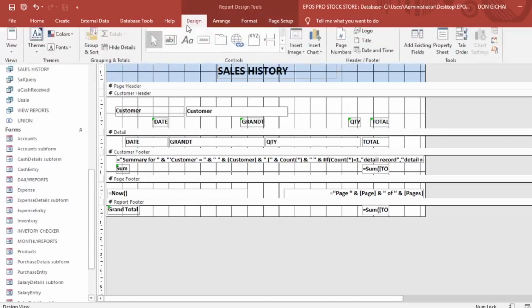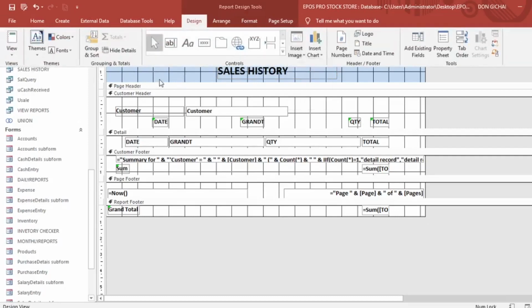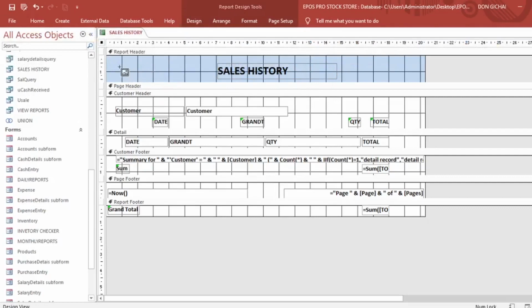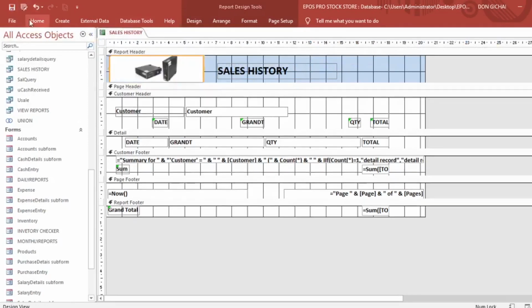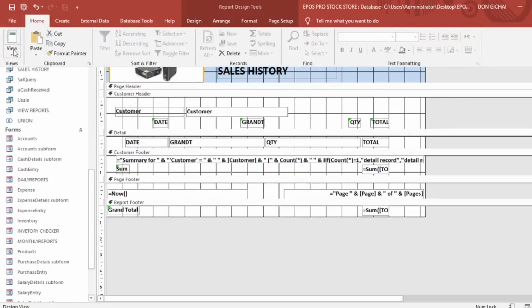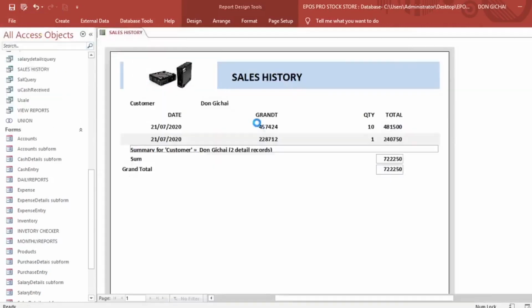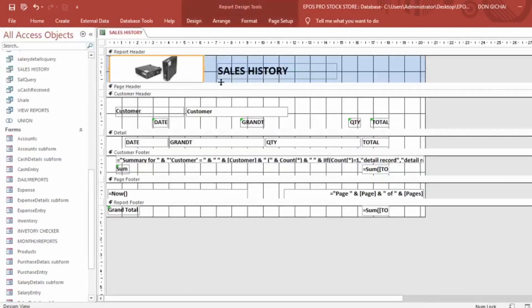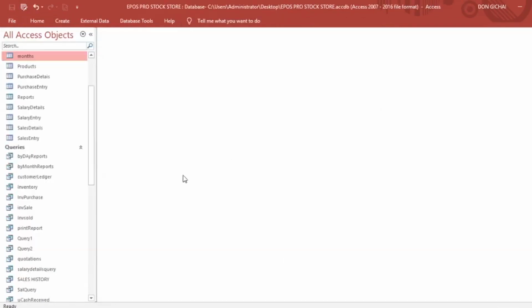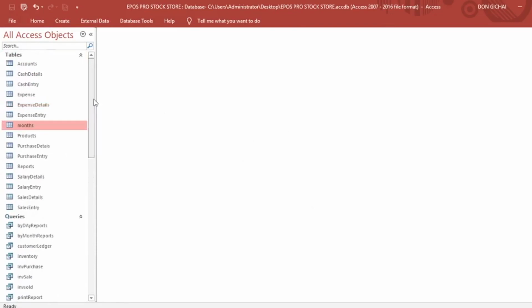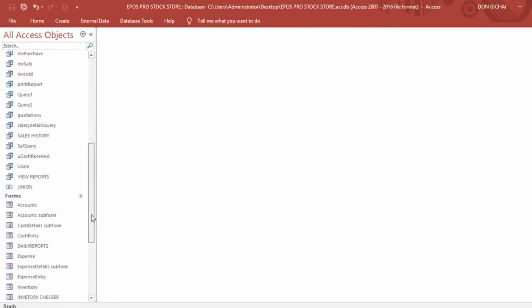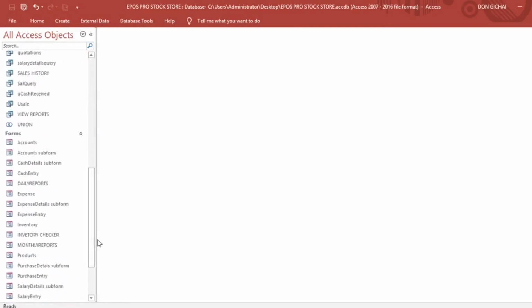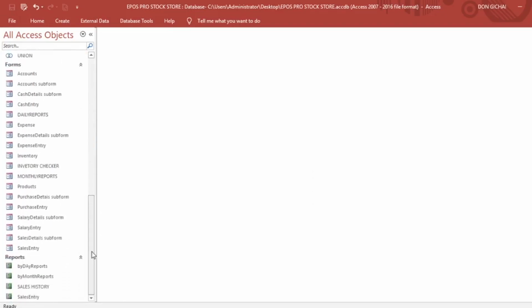Then design, and we shall have something of the sort as our sales history. Then from there, we can proceed to creating the switchboard